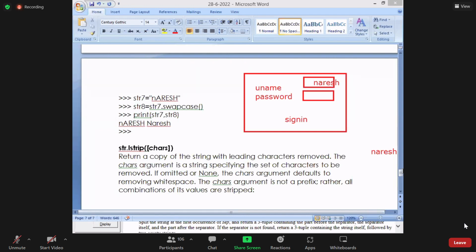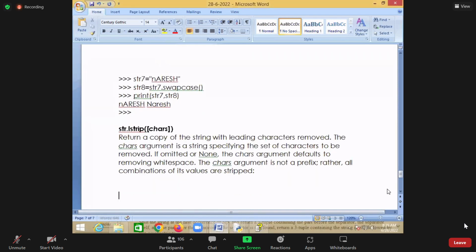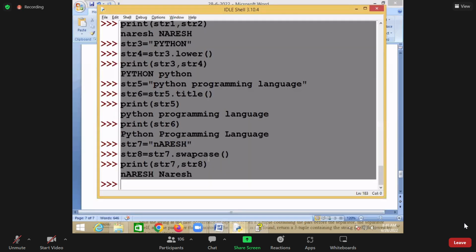Before comparing, I want to remove the leading spaces. Then I want to do the comparison. How can you do that? I can remove the leading spaces by using a method called lstrip. That will remove leading characters. But if you don't give which character to be removed, then by default it will